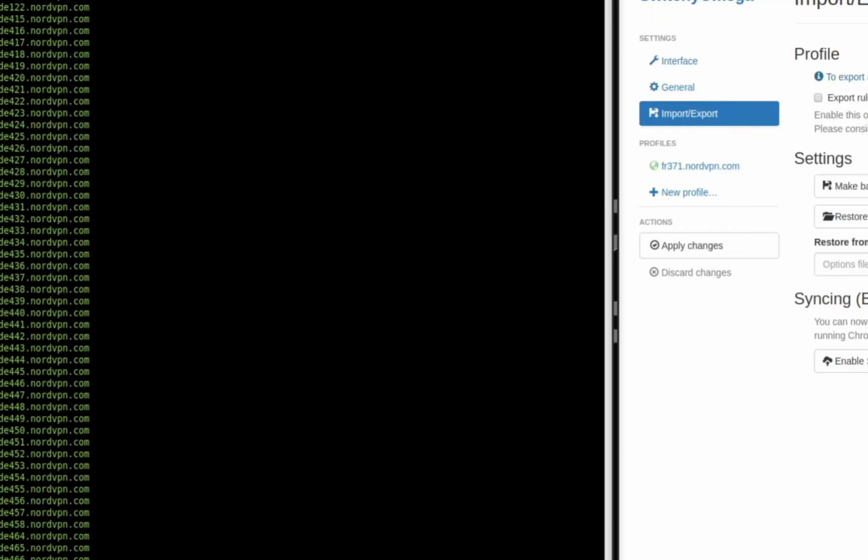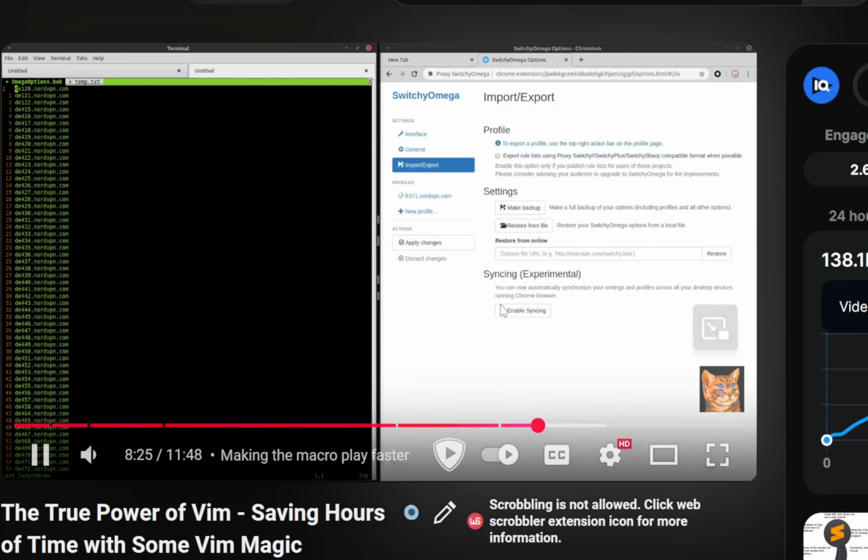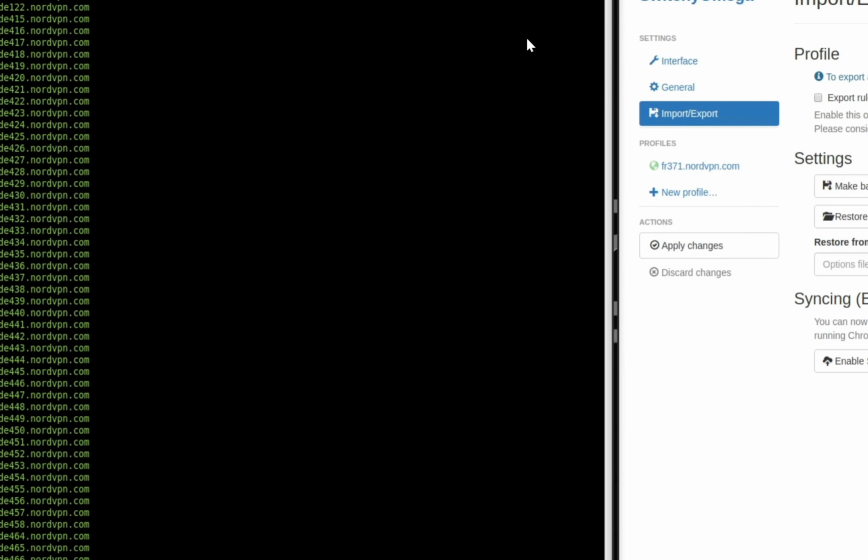So we're going to do a little trick to make this macro playback faster. We're going to set lazyredraw, if I can type correctly, R-E-D-R-A-W. And what that command in Vim does is it's going to keep the screen from redrawing every single time we play our macro. And that's going to make the macro play much